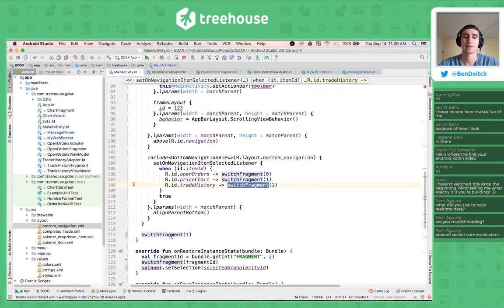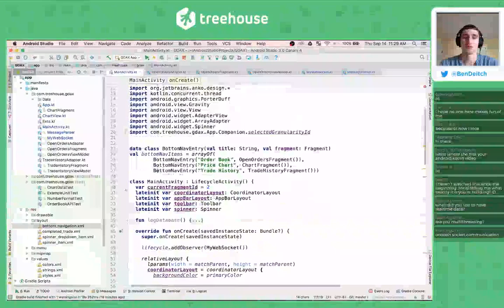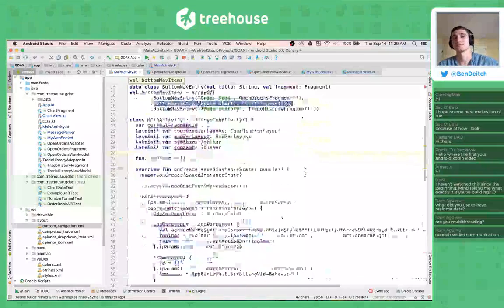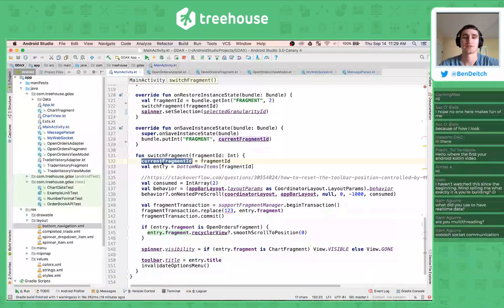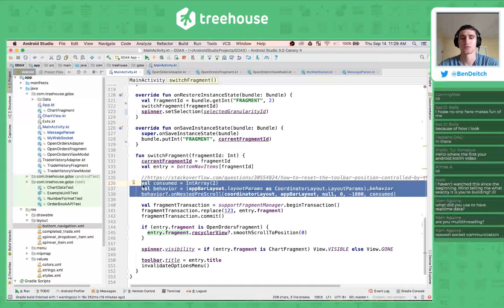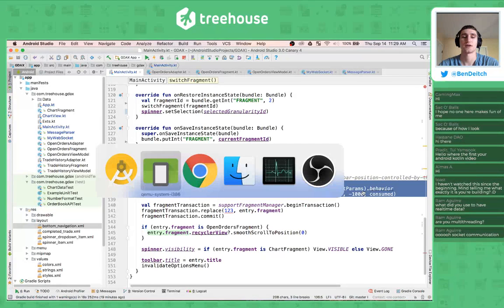And then when the app starts off, we're going to switch fragment to the first one, which remember we set those up here, so that'll set it to price chart. So then calling switch fragment is going to set our current fragment ID, which we need so we can save our instance state. It's going to give us the entry, which here is the bottom nav entry. So we're grabbing that from our bottom nav items. Then we're going to do some nonsense right here. This is just total nonsense from Stack Overflow. And this is going to make it so that our